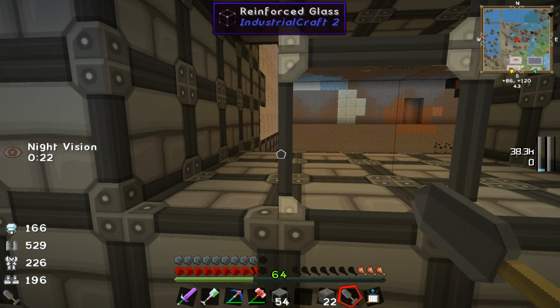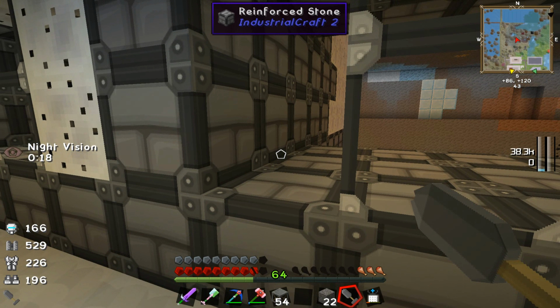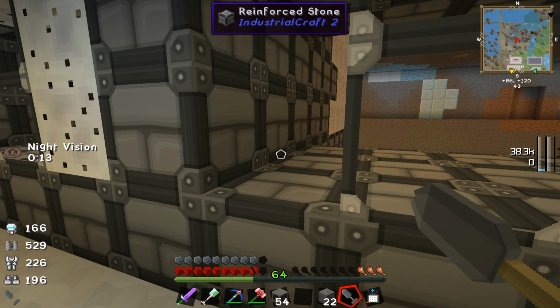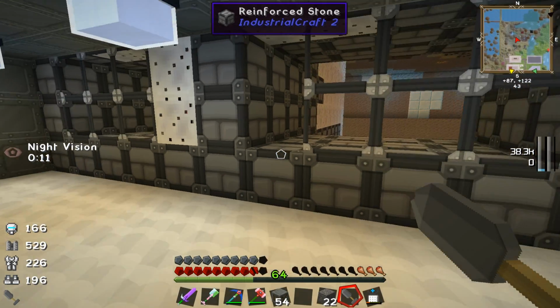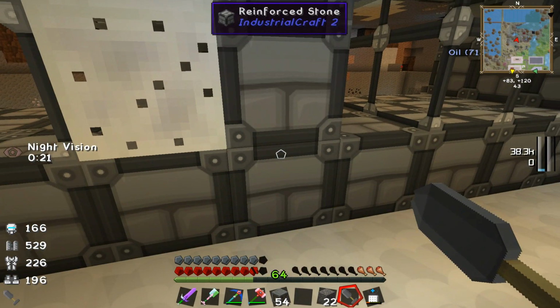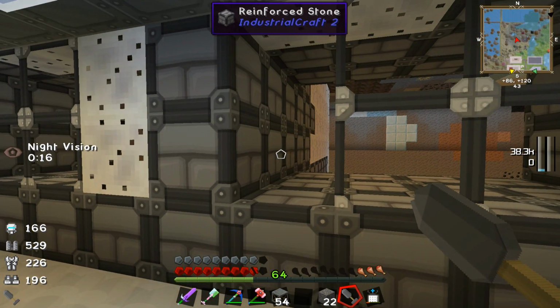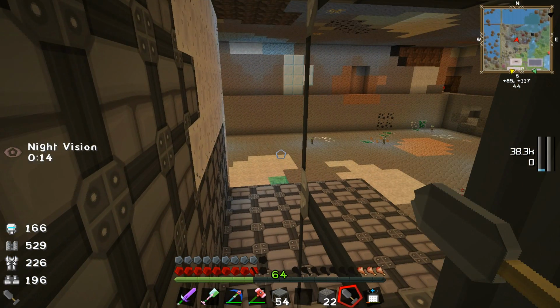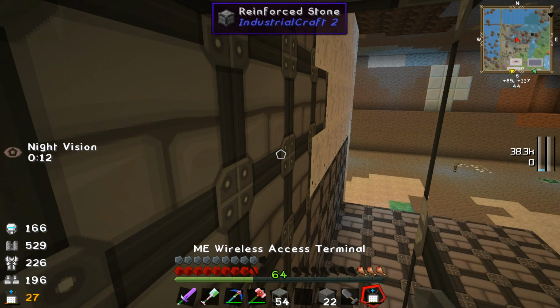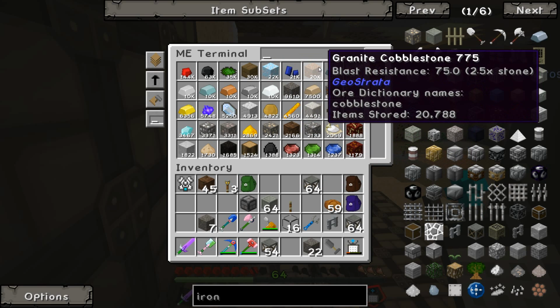So, I want to talk to you guys briefly about my favorite mod. My absolute hands-down favorite mod. Industrial Craft 2 Experimental. Now, in the olden days, reinforced stone, which is the only item that you can really rely on to contain a serious explosion. Now, there are other things that have nice explosion-proofing properties, such as quartz cobblestone, up to 1.7 times as strong as stone, and